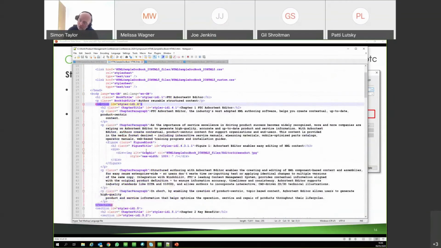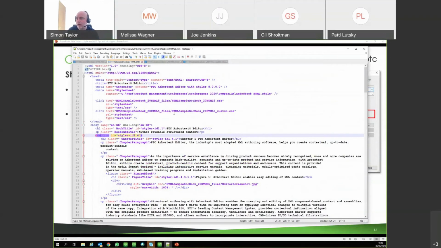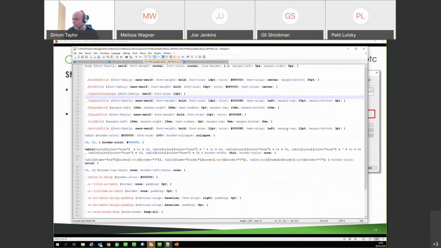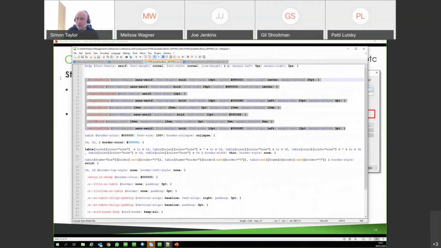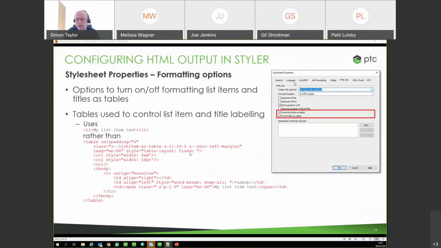I've also chosen to put my CSS into an external file. There's the link to it here. And the CSS is based on property sets, so it's an awful lot more readable. So here's the property sets which I had just defined in my style sheet, and you can see that those are considerably more readable. What I wanted to show you here is something that's fairly funky and quite easy to